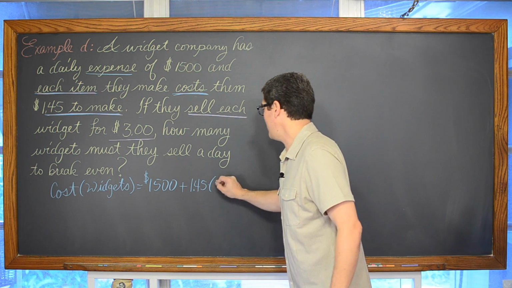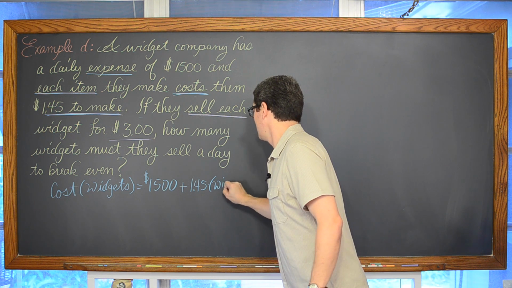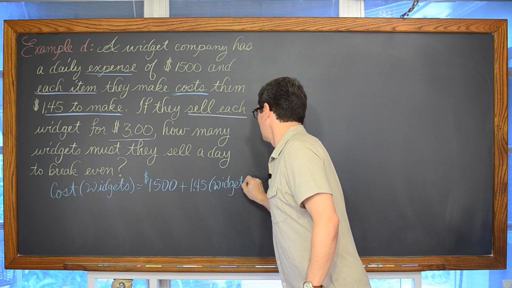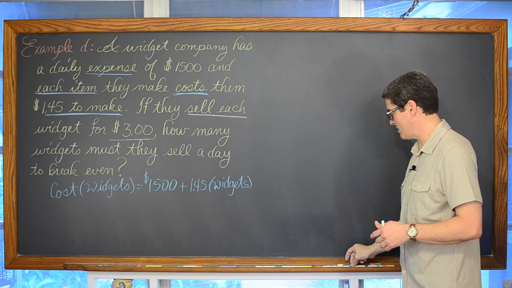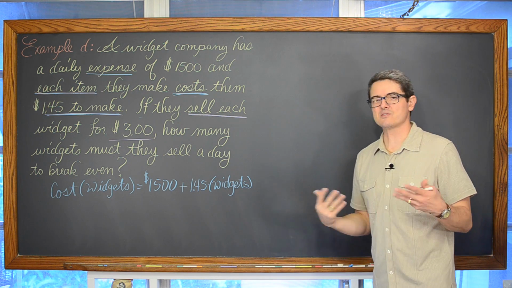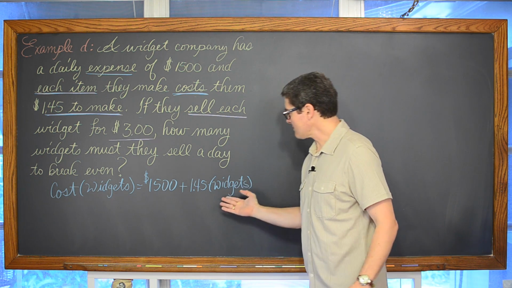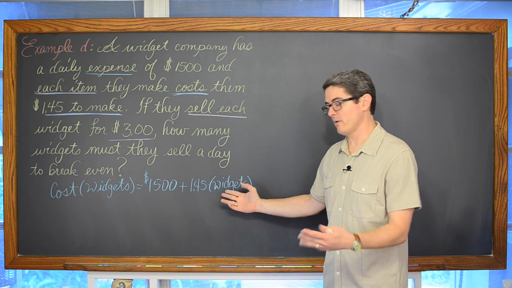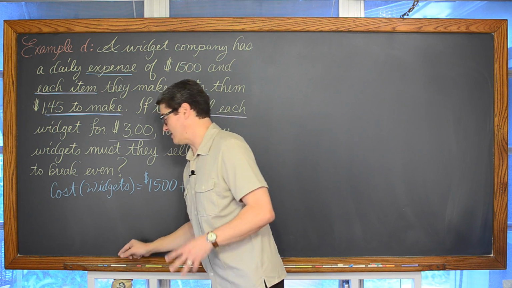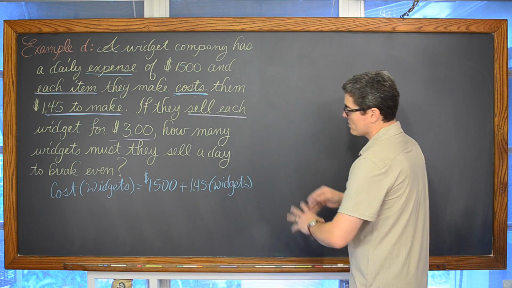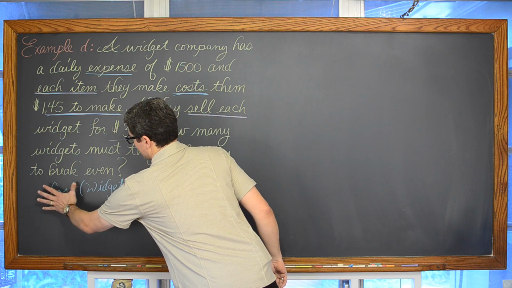So we have $1.45 again times the number of widgets. And I like writing my equations, especially in early algebra, using words, even though "widgets" is just a generic word. Maybe I'm making watches, earrings, something. A widget is just a generic word for something that's being made. At least it's in words, and you can see that the final answer is going to be the cost for